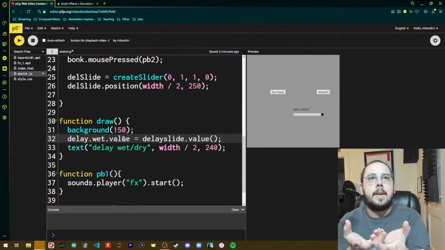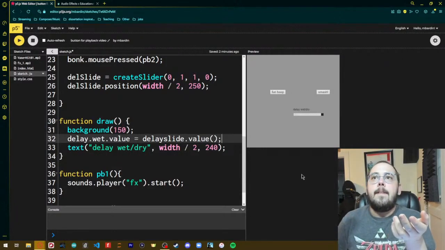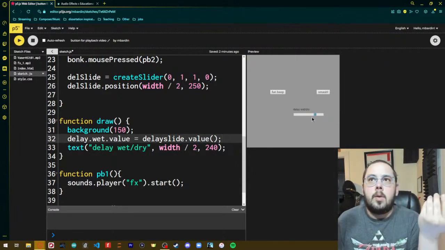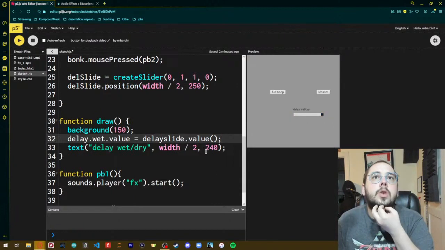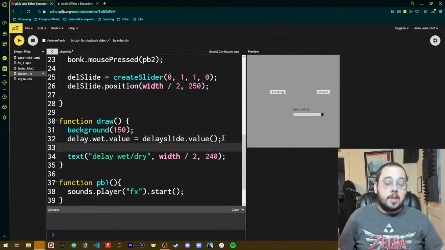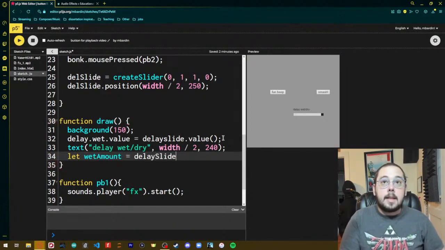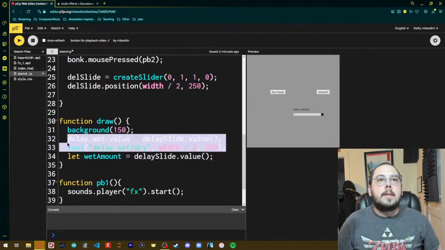So this is going to be a method that is just going to say what is the current value of this. Is it a 1? Is it 0? Is it more or less? In fact, if we wanted to, just so we can see this, I could go in and say let wetAmount equal delaySlider.value as well, with a capital S, and then we can say